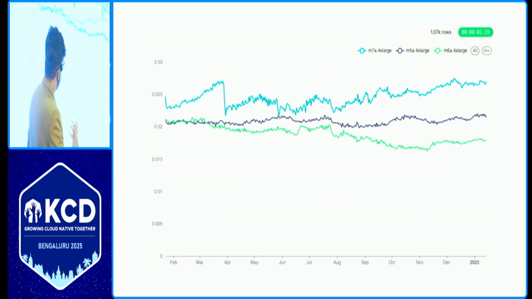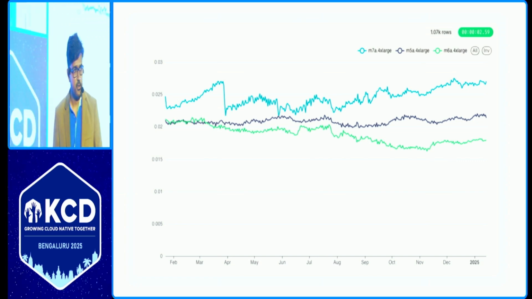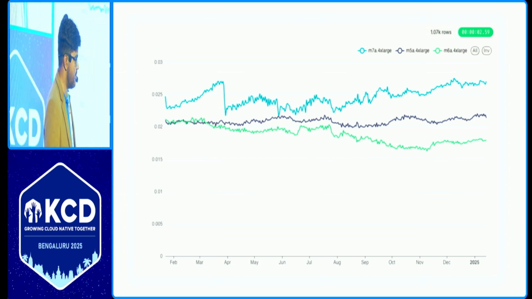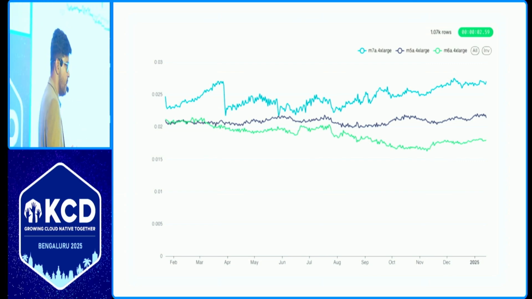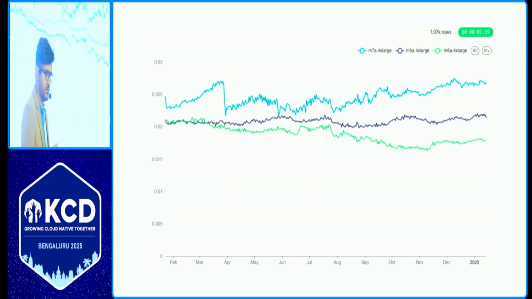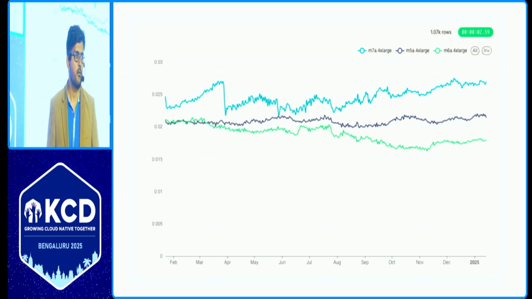It can be M7, which is cheaper. Or maybe a new machine came into the system, which is G series. Nowadays, are you using AWS? You can find G7 is coming into the new one. If you're not using it, go and select. If you're using Spot, go and search for G series. It's the cheapest one possible today.